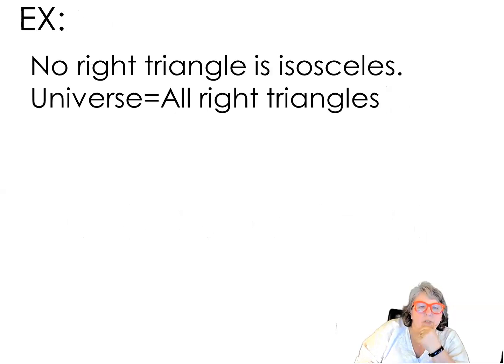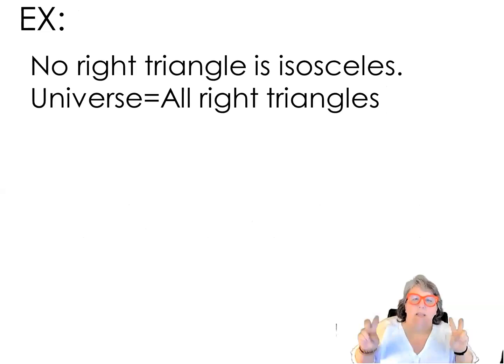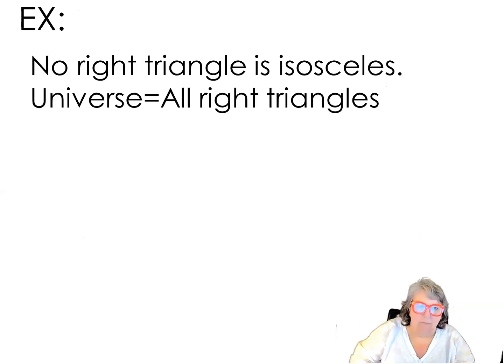So let's look at this example. Suppose I have this statement, no right triangle is isosceles, and my universe is all right triangles. How might I write that in a mathy way? Well, my universe is all right triangles, which is kind of weird. I don't usually like universes that are that specific, but okay, our universe is all right triangles, and